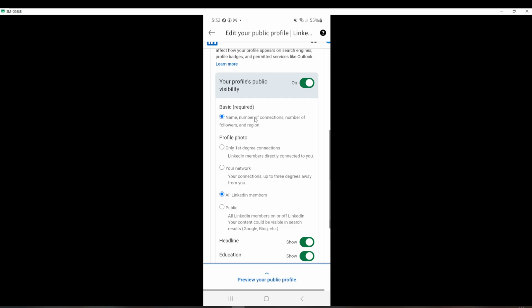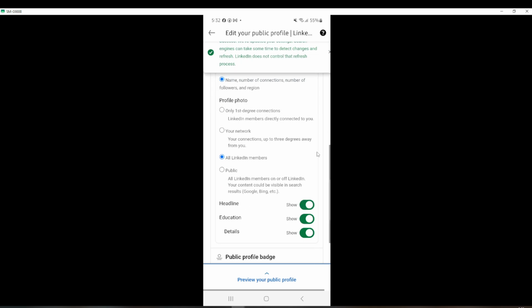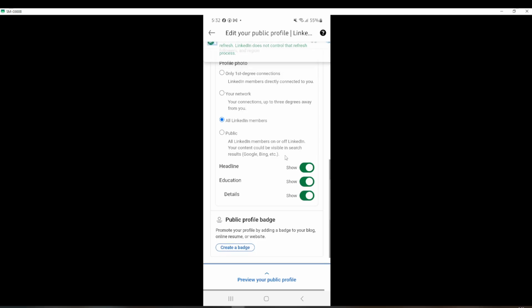If this overall switch is turned off, your entire public profile is hidden from non-members and search engines. That's an option if you want maximum privacy, but it also means your profile won't be discoverable outside LinkedIn. If you'd rather keep your profile public but hide specific details, leave the overall visibility on and scroll through the